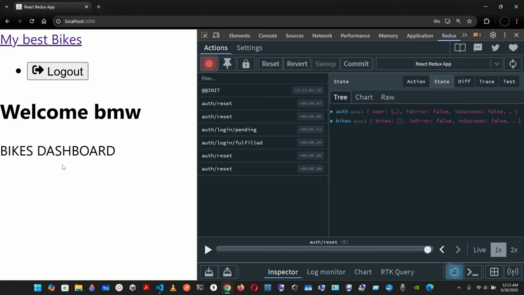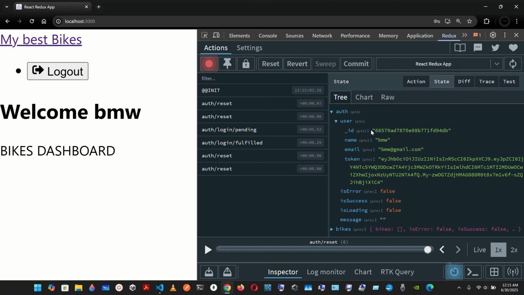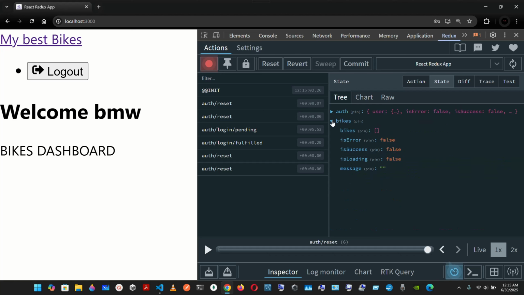We're gonna start working on this. We're gonna add some buttons, and also we're gonna use React so we can type in. If you press Ctrl Shift I, you're gonna be able to see this window, and then you can just check out the Redux. As you can see, we have the user right here. This is the ID, the email, the token. We have two states, the auth state as well as the bike state. The bike state has nothing, and that's the reason we're going to start working on the form,